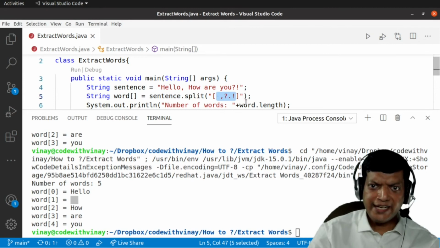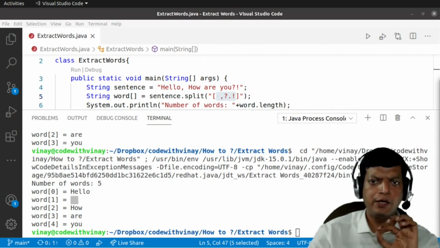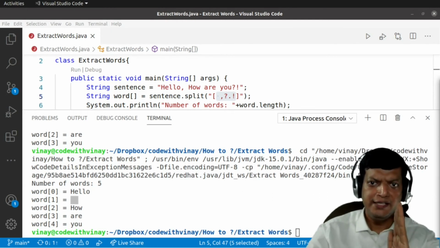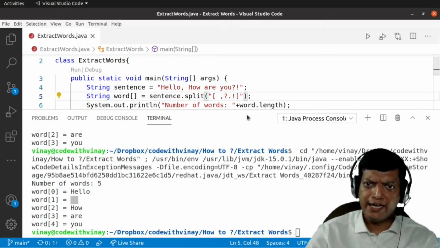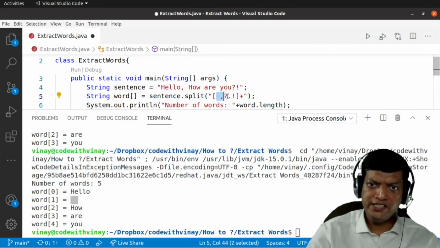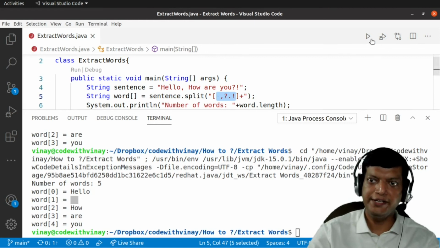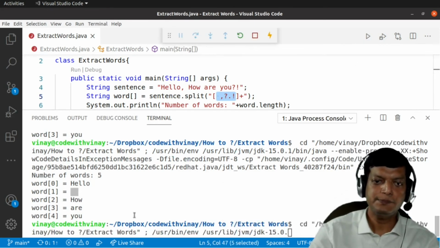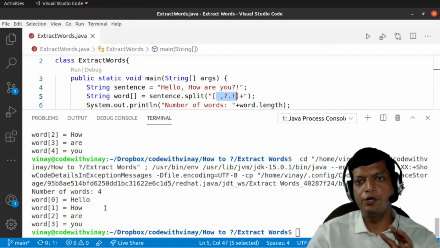So now actually what we are wanting is, we are wanting to have these characters one or more times, and the way to do it, that is how to have like either a comma or a space or a question mark or a space, something like that. So what we need to do, we'll add a plus outside. Plus means one of these characters occurring one or more times. So now if I run it again, see what happens. Hello, how are you? Words are being separated without the punctuation or the spaces.